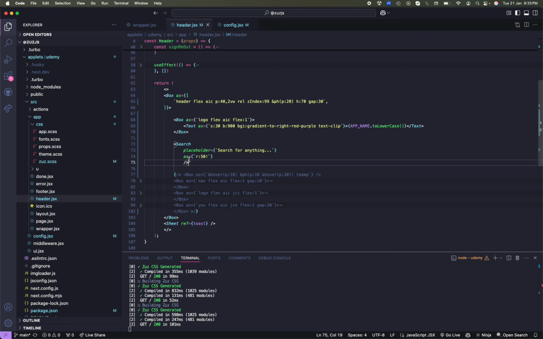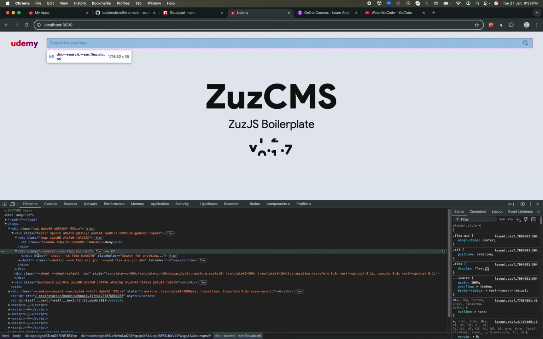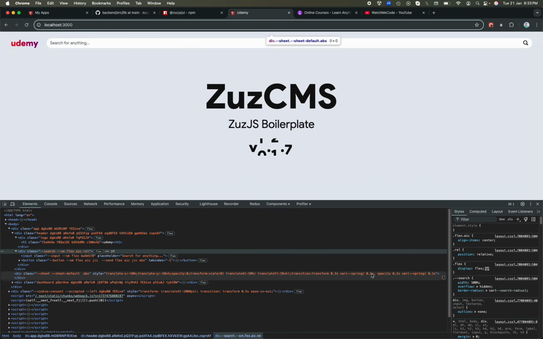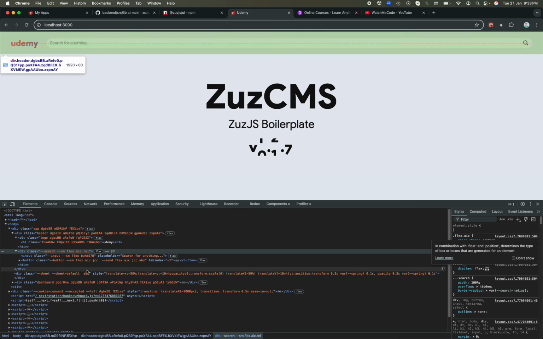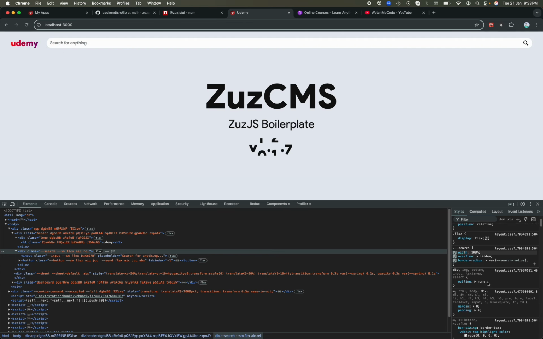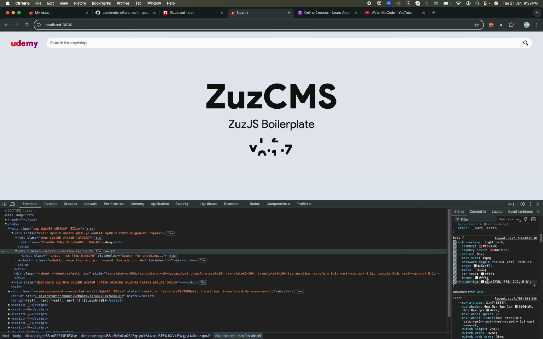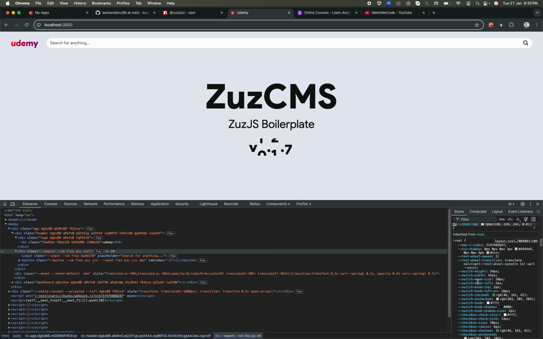The best practice or the good practice is to change variables. If you go to search and you check inside variables, we have a lot of variables